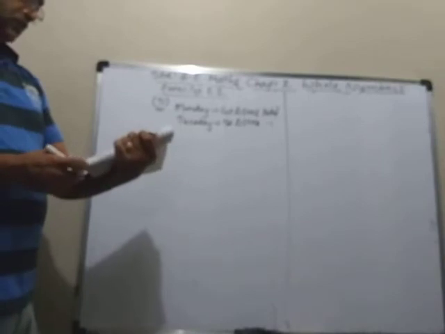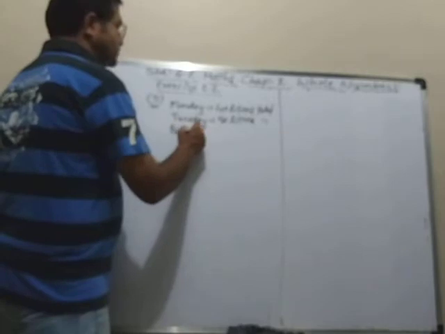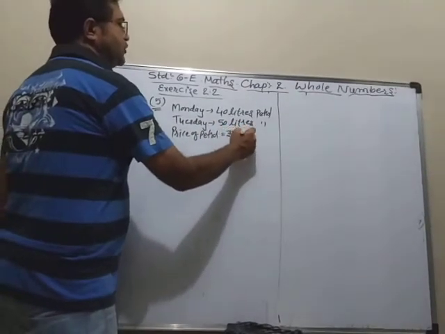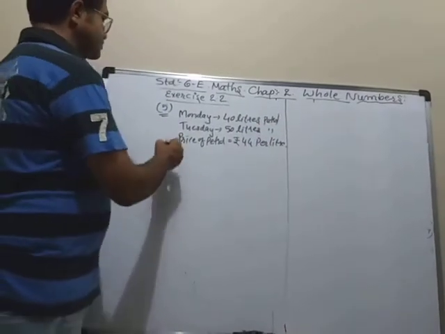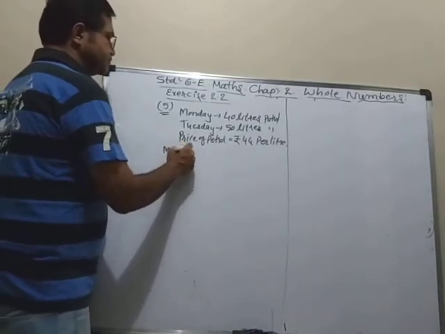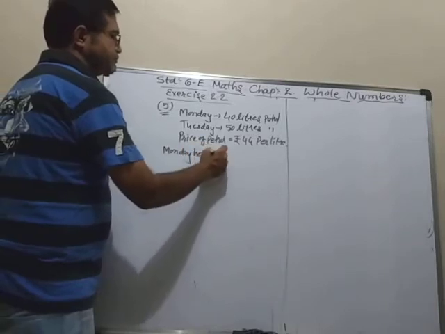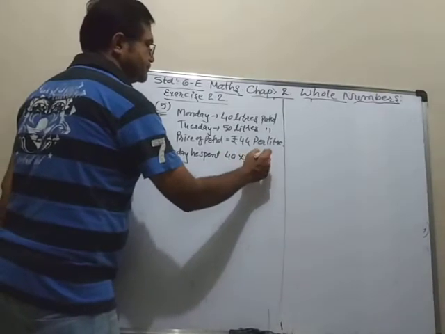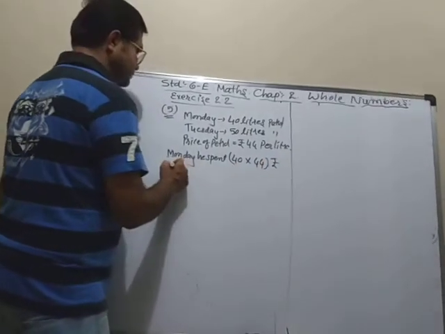Now the price of the petrol is rupees 44 per liter. Price of petrol is equal to rupees 44 per liter. It means Monday he spent 40 multiplied by 44 rupees, and